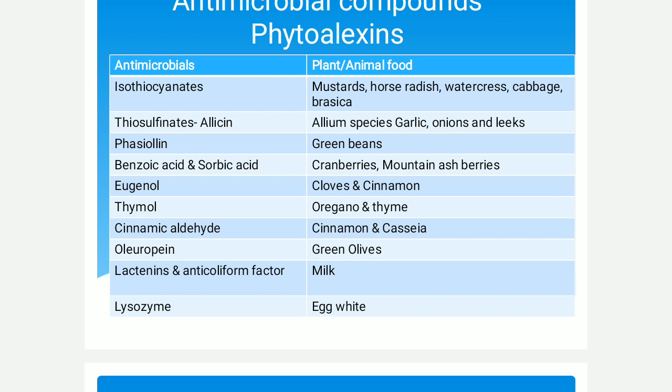So some are acting as strong antimicrobials. Then thymol in oregano and thyme is seen. Cinnamic aldehyde in cinnamon and cassia. See how rich our Indian spices are; all have antimicrobials. No wonder we eat all these spices and stay immune to microorganisms. They will not easily grow on our food. So Indian food, though very spicy, is helpful in keeping the microorganisms away.